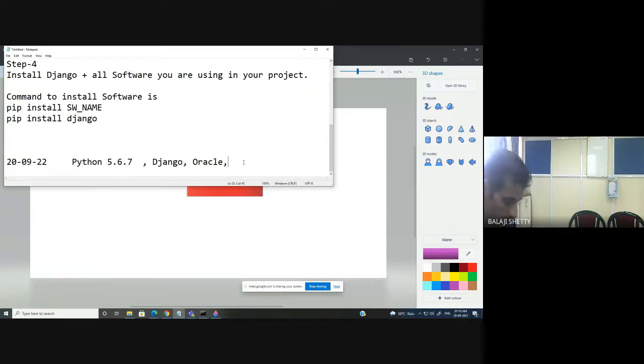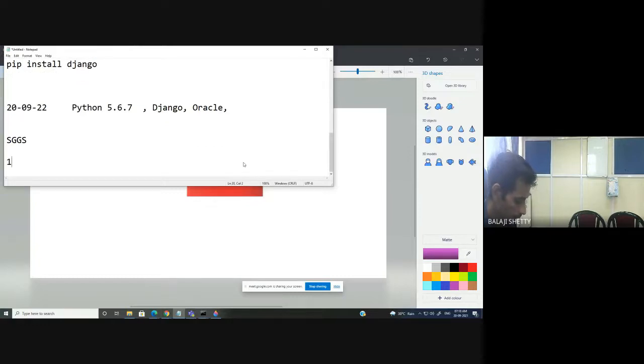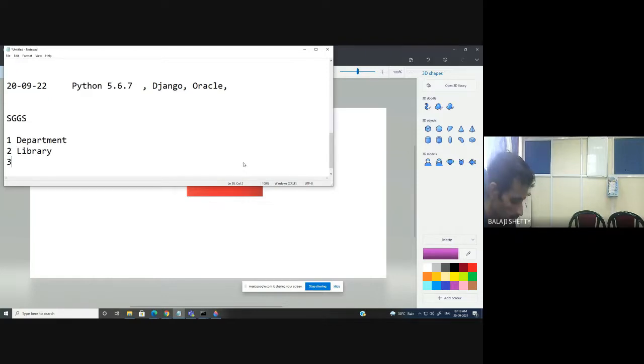So in HGS we have one app for department, a second app for library, a third app for account, and the most important thing, without students it doesn't work, so the student app, and this is the second app, third app, fourth app.